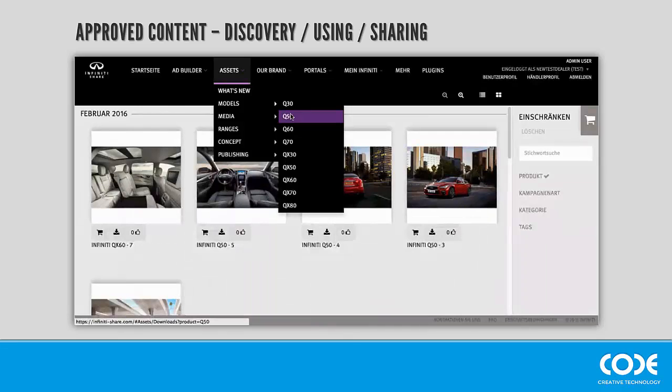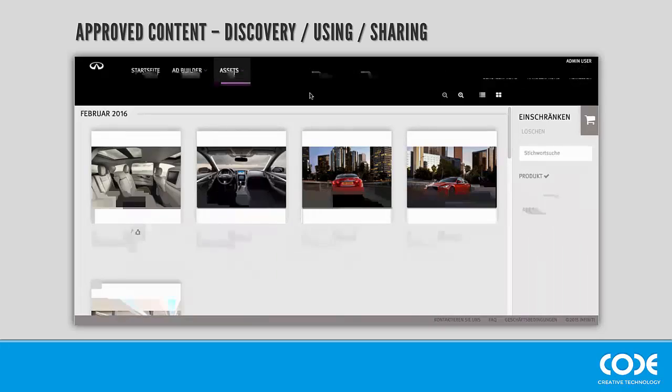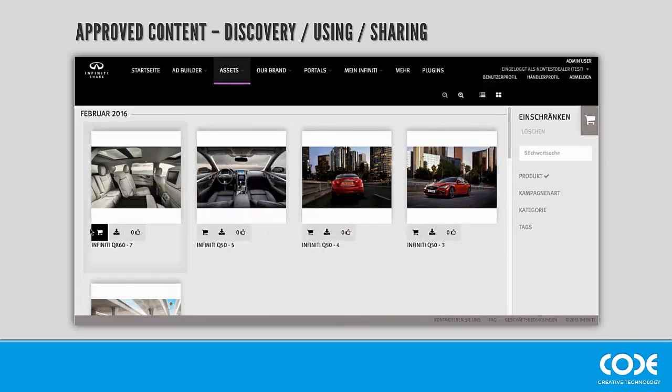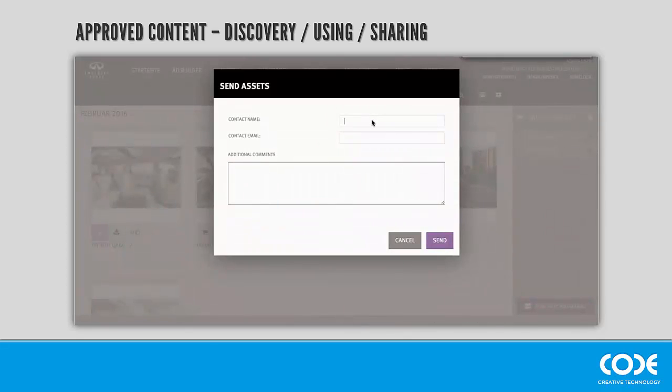There's a different menu structure, so now materials or assets are stored by model type. The user can filter by this, find the material that they're looking for, and then decide whether they want to download a high-res or a low-res version of that material. If they choose multiple materials, it's added to their shopping cart, and here we can see the materials that the user has put into the cart, and then they can choose to share that material